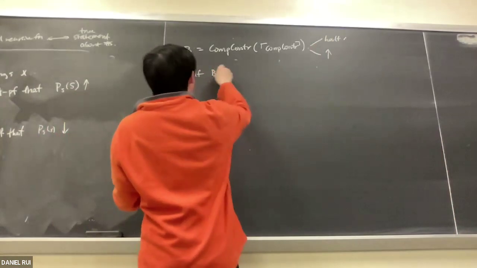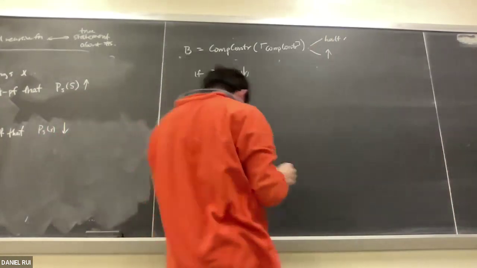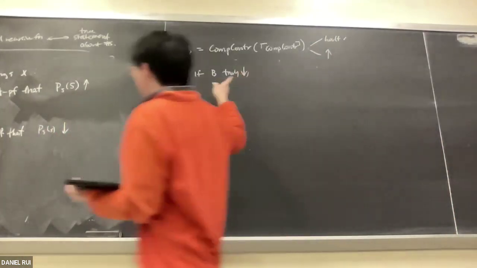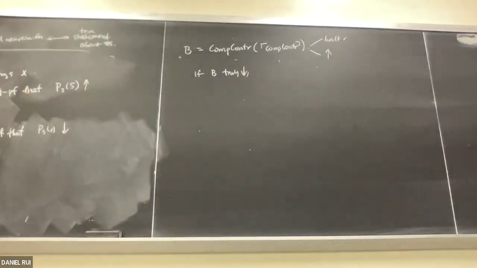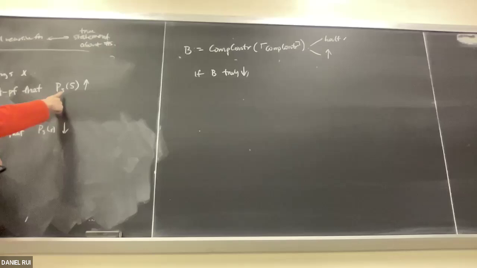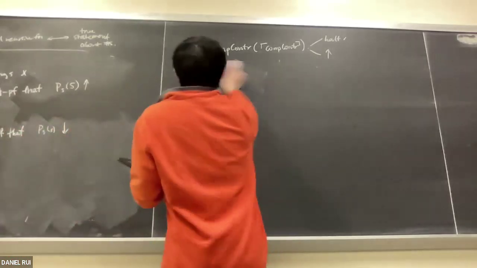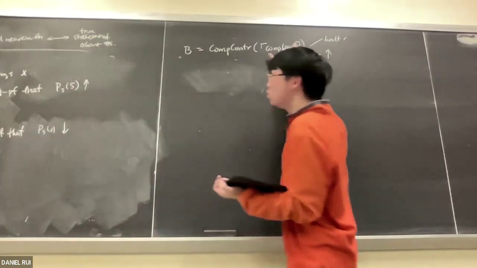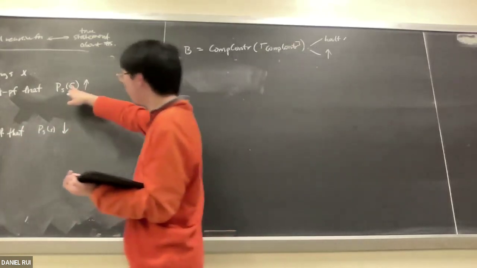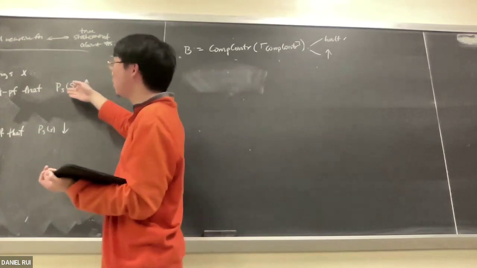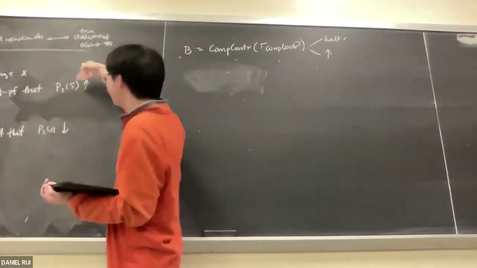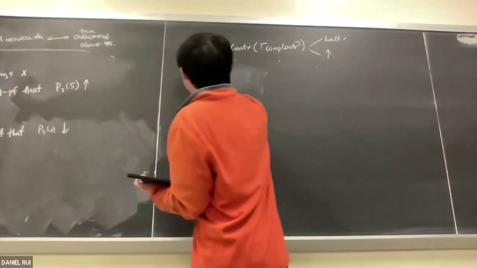If B truly halts, then the only way it can have halted is if it entered the first branch, right? In other words, it saw a PA proof of PS of S, which is itself. Maybe I should slow down. What happens when I plug in its own string into itself? PS is the program with that source code, in other words, computable contrarian. S is the source code of computable contrarian. And so B satisfies